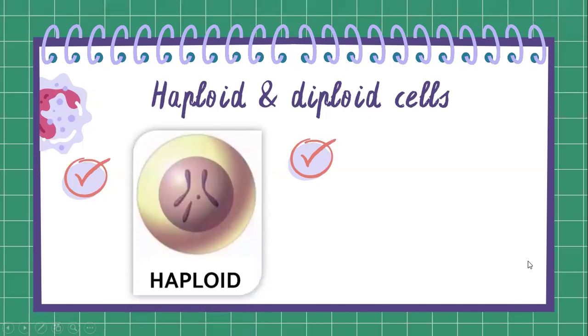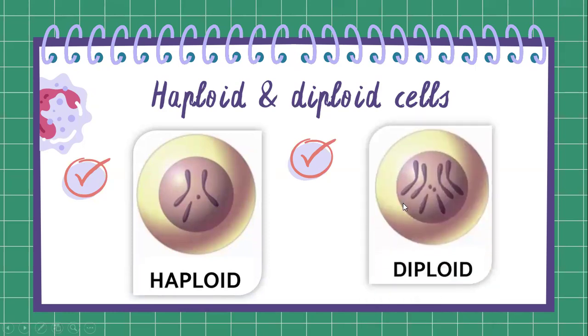Now haploid and diploid cells को थोड़ा डिटेल में देखें. This is a haploid cell, half the number, and this is a diploid cell. हर सेल का आप देखो डबल, हर क्रोमोसोम को आप देखो डबल हो गया. So that is what we are saying, that meiosis is a reduction division. Whenever we call it a reduction division, what does it mean? कि it reduces to half. So इस सेल की